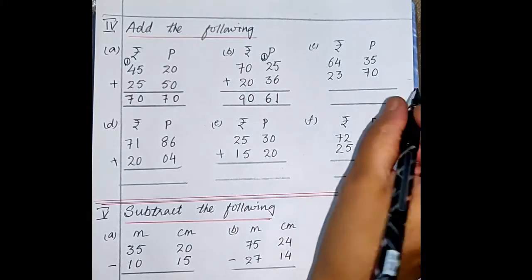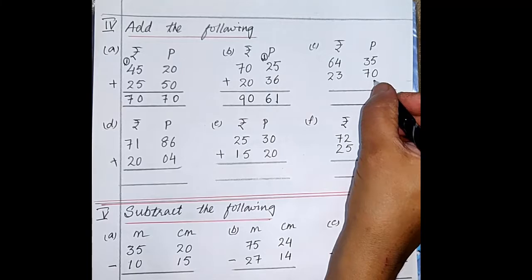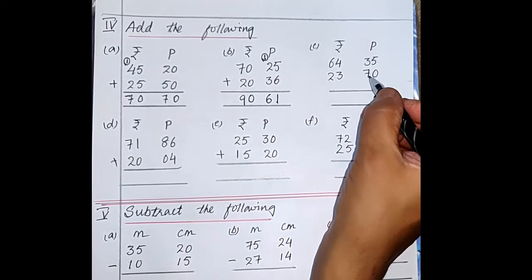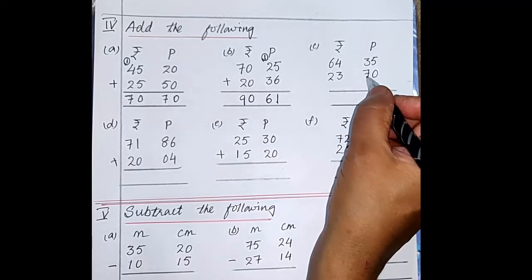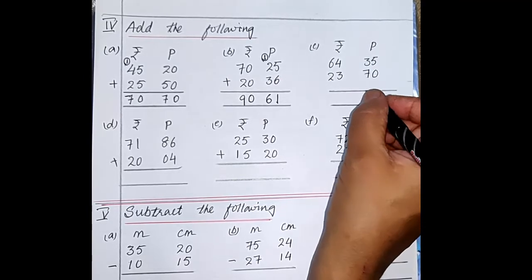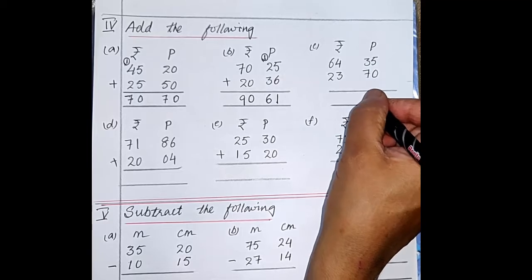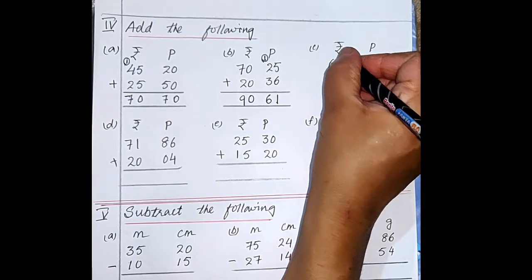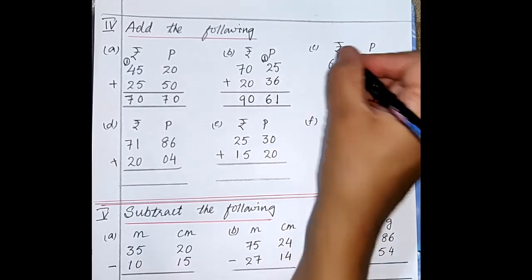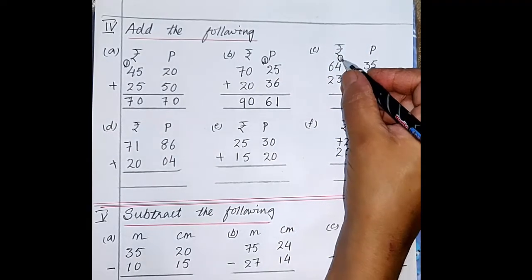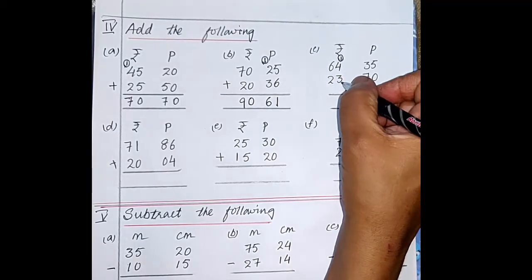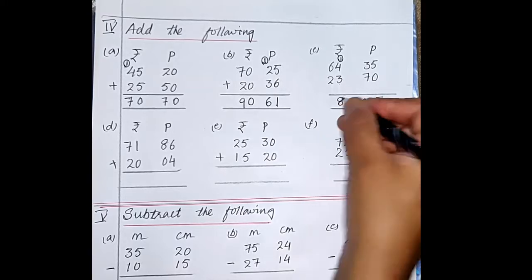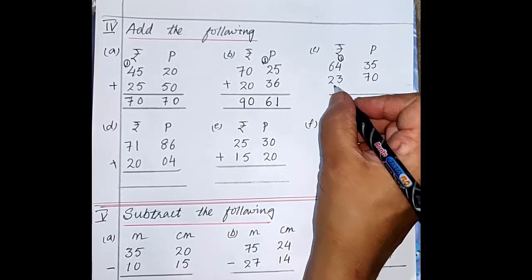Okay? Now 5 plus 0 is 5 only. Here count after the big number, 7 plus 3. After 7, 8, 9, 10. So how do you write 10? You cannot write 10 complete here. So 0 comes here on this place and 1 goes to hundreds place here. Okay? 4 plus 1 is 5. 5 plus 3, 6, 7, 8. Now 6 plus 2, after 6, 7, 8.